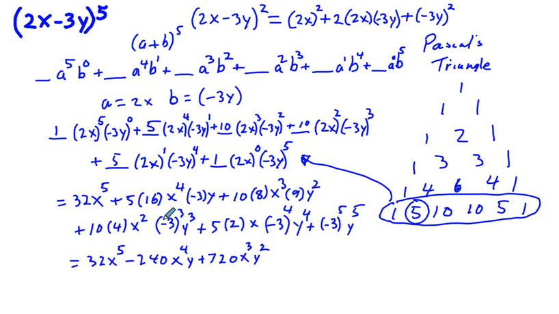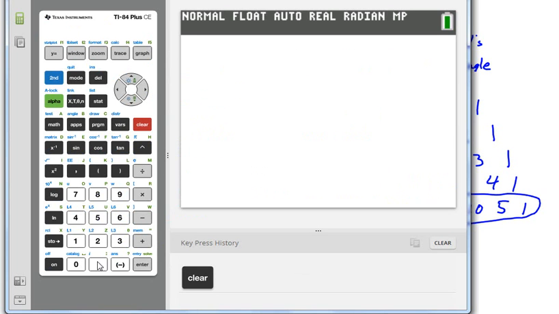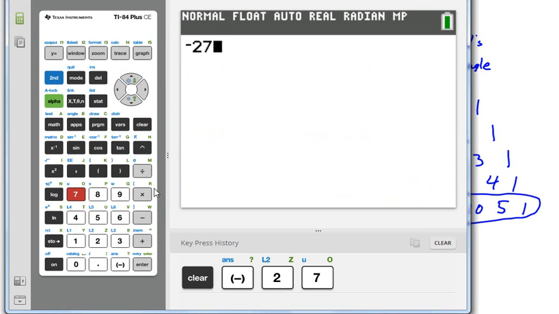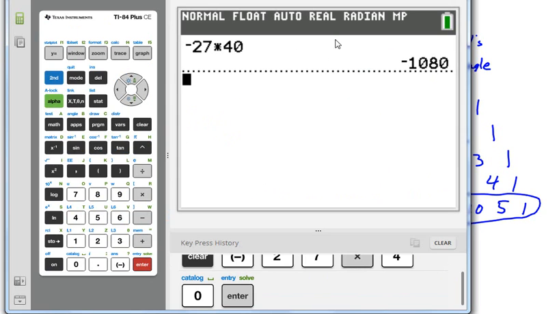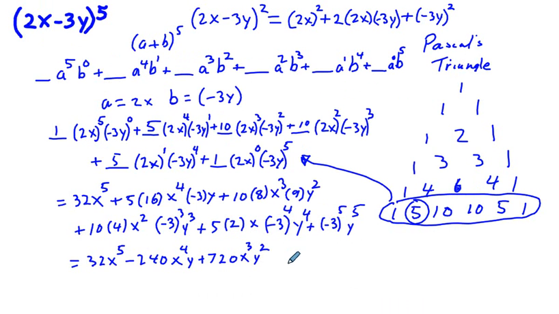So negative 27 times 40, I'm going to go to my calculator for this one, sorry. Okay, negative 27 times 40, we're going to get negative 1080. So we're going to have right here minus 1080 x squared y cubed,